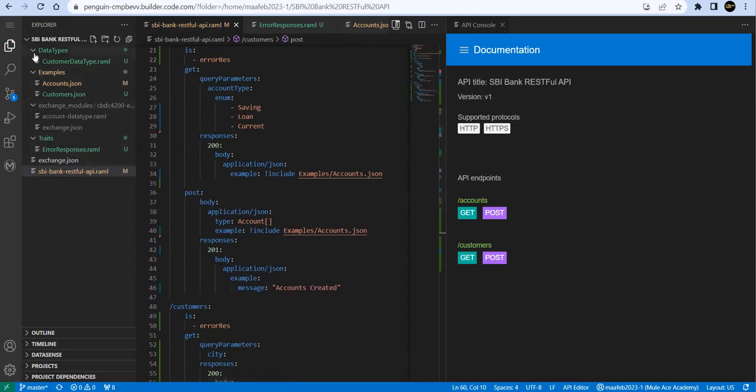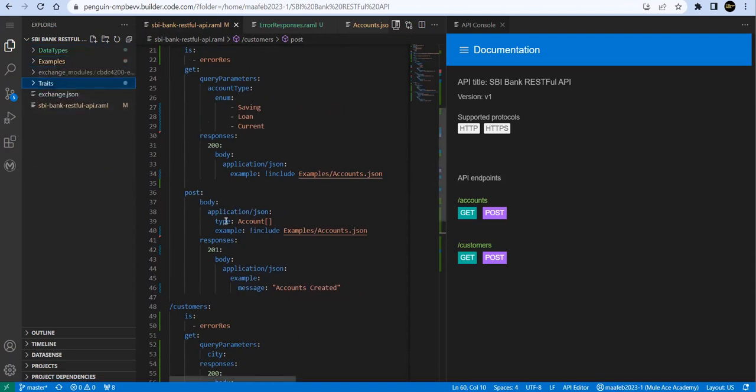Now what is pending? We want to apply security on top of it. So we'll go ahead and create a security scheme. I don't want a folder there, I want it at this level. So I'll say security schemes, a folder. Under security schemes, we'll create